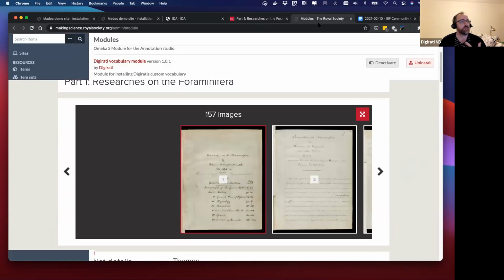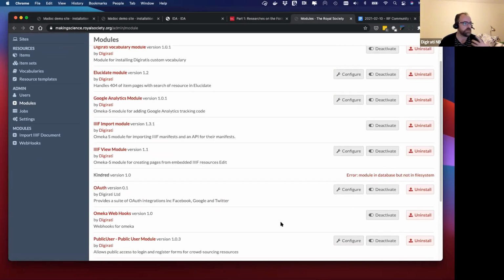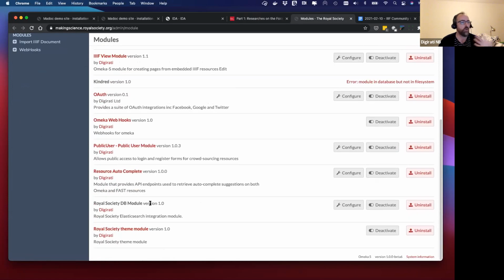So we can see we've got a lot of modules we wrote for Omeka S, most of which I think were not fully open source, but there is Google Analytics, annotation servers, IIIF integration, webhooks, public user registration, autocomplete services, and so on. So that was the phase 0 to phase 1 project. So if I go back to my presentation,